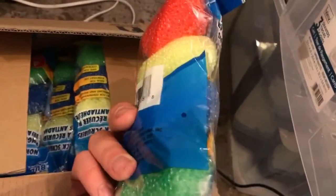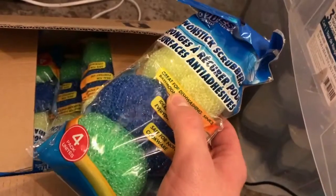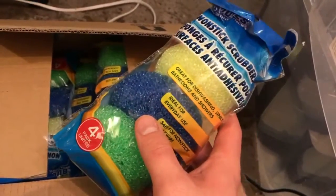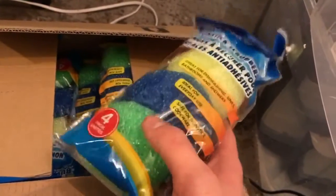So check out your dollar store. And what I did was I just ordered them online and had them shipped to store. That way I could get the whole case of them, because otherwise they only have like 2 or 3 of these bags in stock on the shelf, and employees don't really like to go back in the back and look for another box if they actually even happen to have another box. So